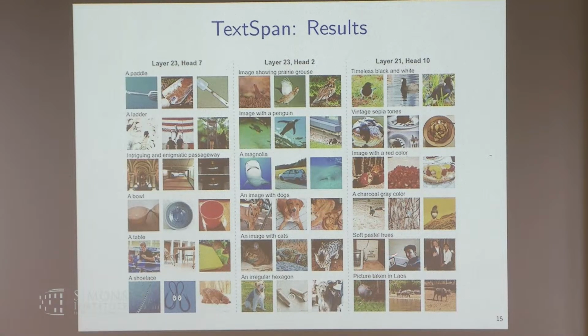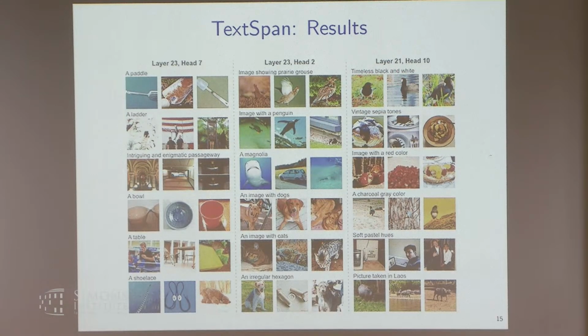But for the most part, this is a color head. Each of these components is a different color, and you can see it kind of matches, right? This is black and white. This is sepia. This is red. These are the images that have the highest dot product with